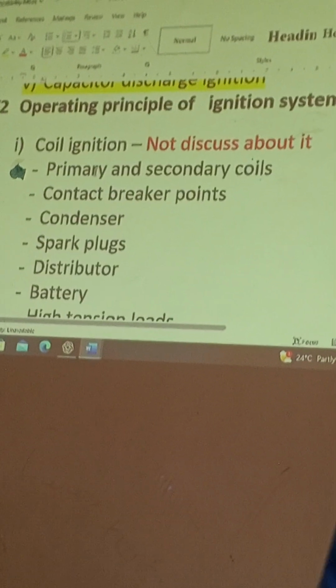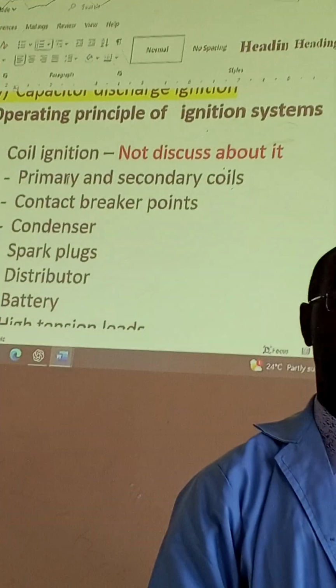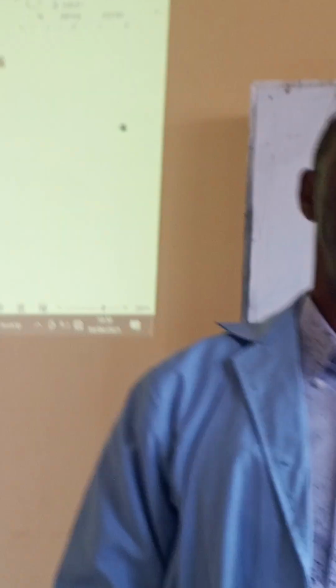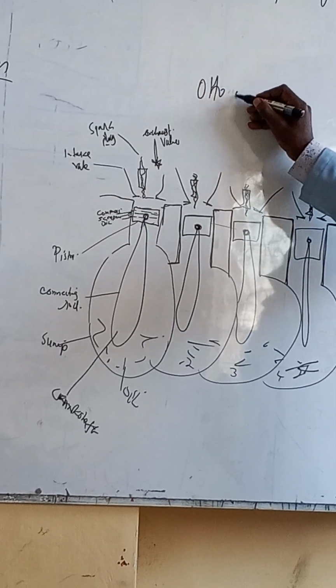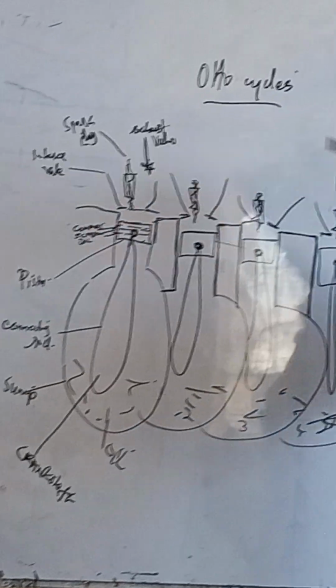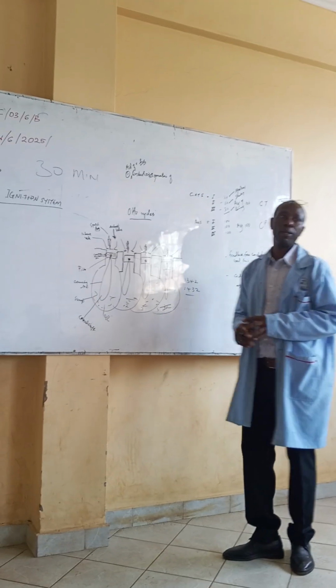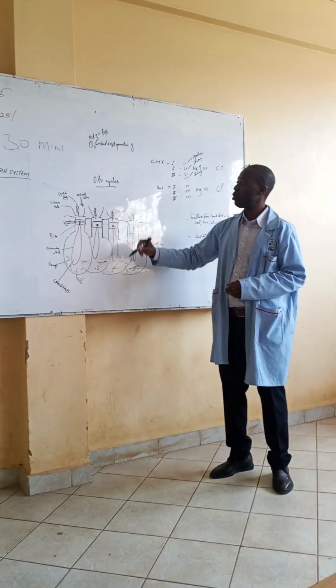the coil. I might not discuss this as I have stated, but basically I want to inform you that this is the oldest type we have, brought up by the first person who made the engine, called Otto, who came up with the four-stroke engine. If you see a diagram on this other side, you will see this is the Otto cycle. What do I mean by the Otto cycle? Otto is the name of the person who made the first engine in this world. He is not alive at the moment, but he came up with the four-stroke engine, which talks about